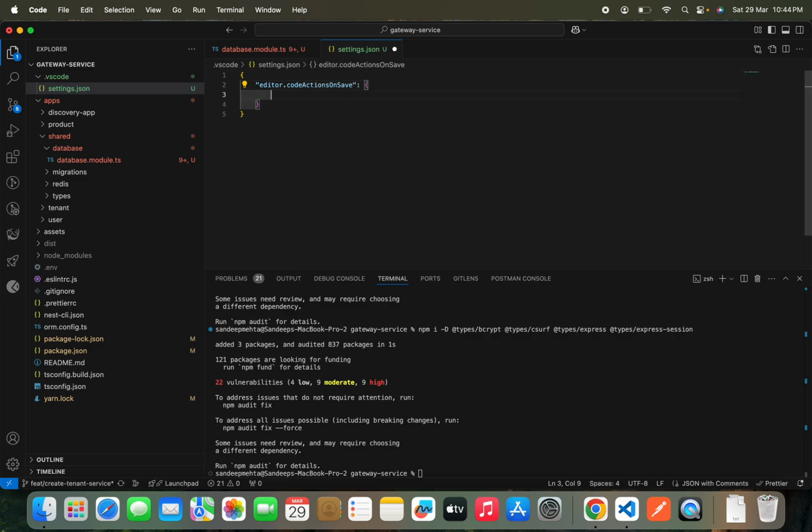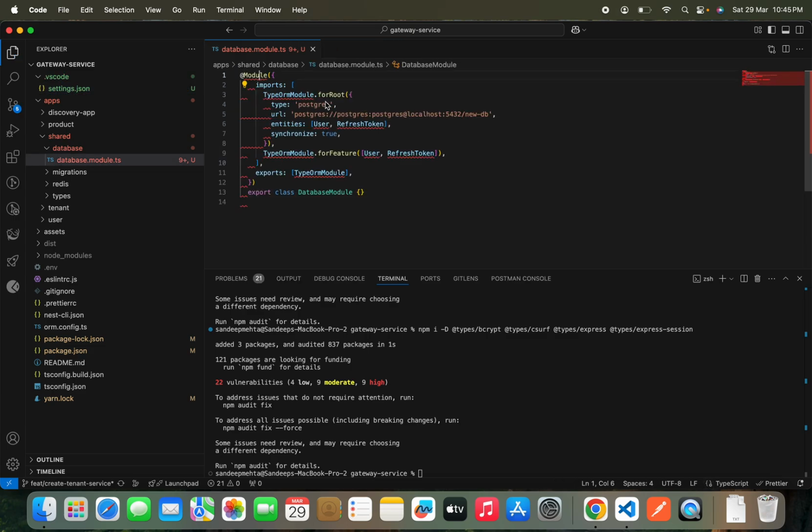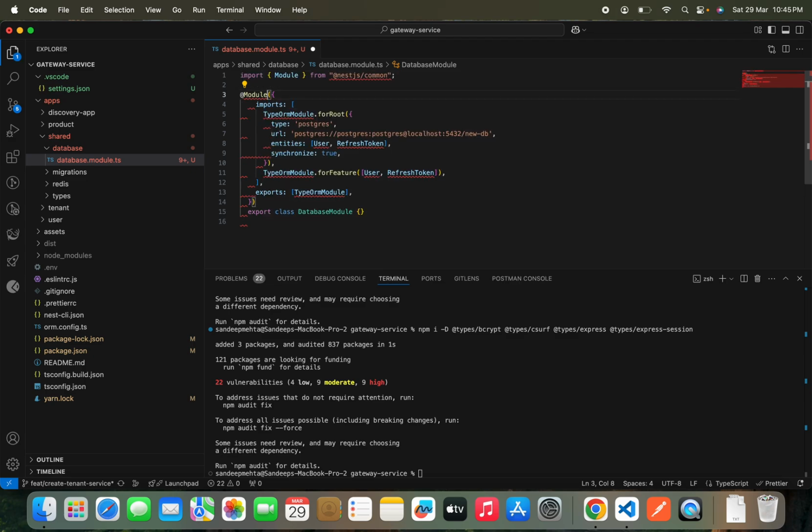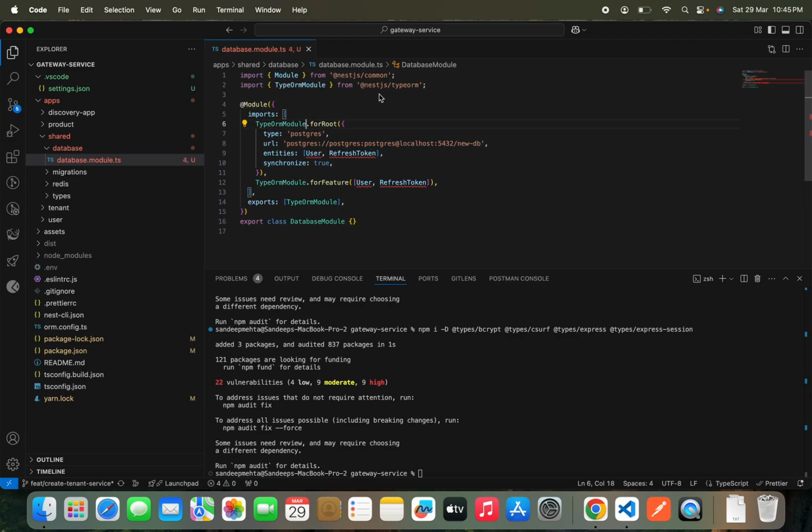Okay, and it can fix all the lint issues explicitly. Okay, so once I import this, you are able to see that I am saving the code and lint